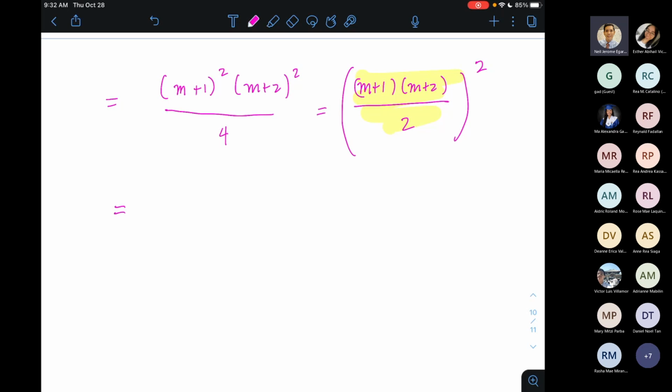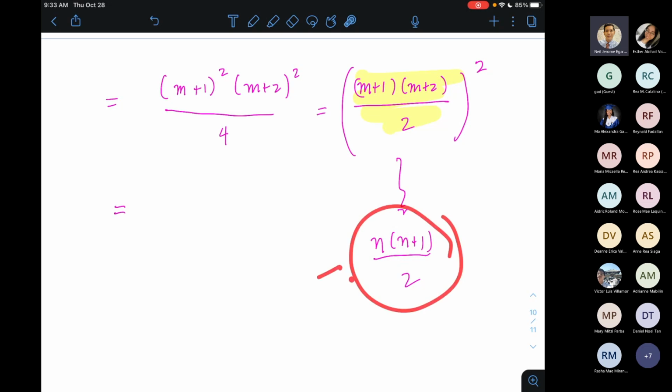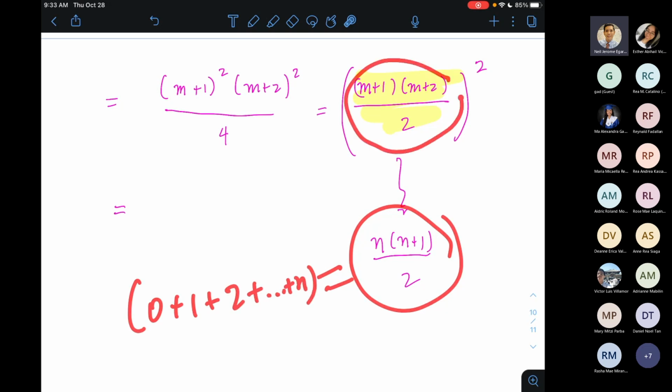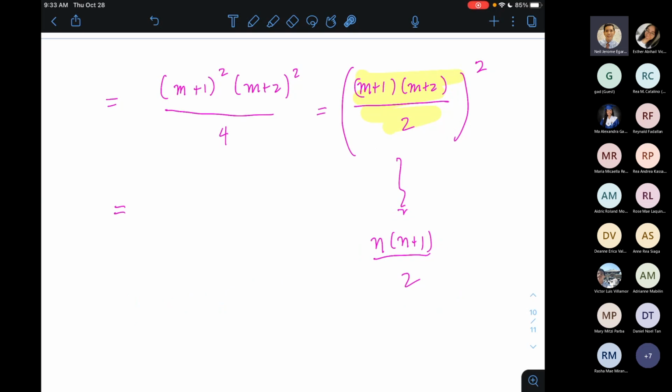Parang ano lang siya. Tama siya. Ang form niya ay n times n plus 1 all over 2. Pero yung n, pinalitan ng m plus 1. So pag pinalitan nyo si n ng m plus 1, you'll get m plus 1. And then if you replace n plus 1 by m plus 1, we're going to get m plus 2. But this guy, what is this guy? What does this stand for? Ito ay sum mula kay 0, 1, 2, hanggang n. So ibig sabihin, the one inside the big parentheses is the sum from 0 until m